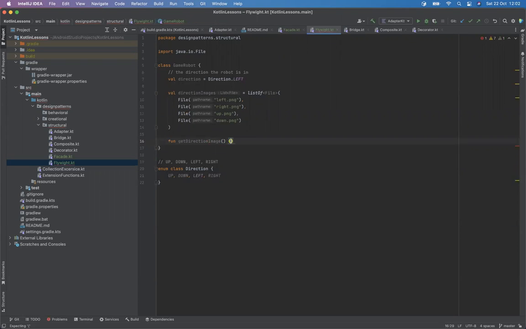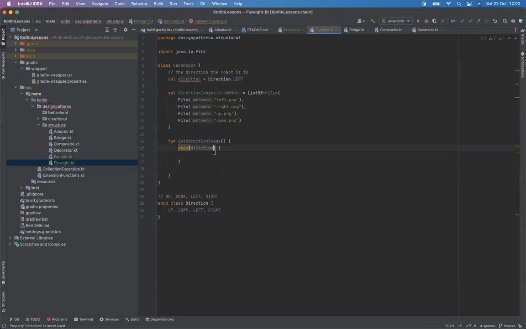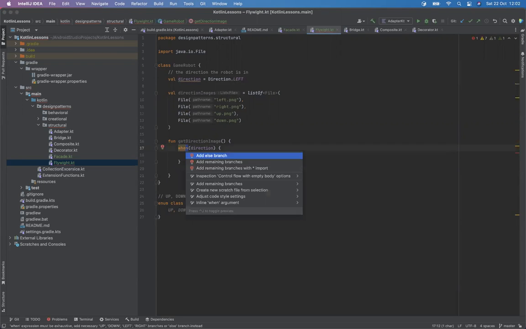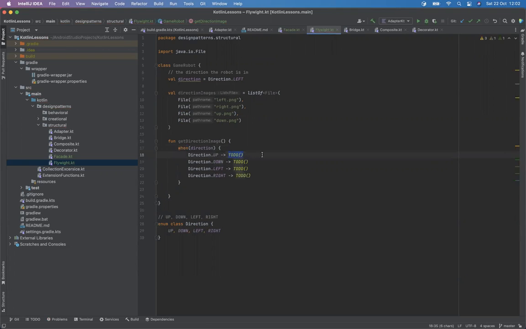get direction image or something, and if you now say let's check when, now you have this direction to check, you know, what direction this is in. Yeah, and also, sorry, add all the remaining branches. Oh man, remaining, yeah. And then if that's the case, we have this,